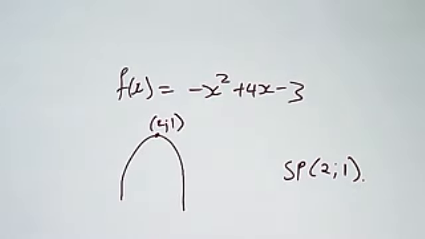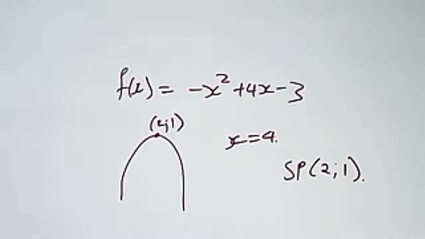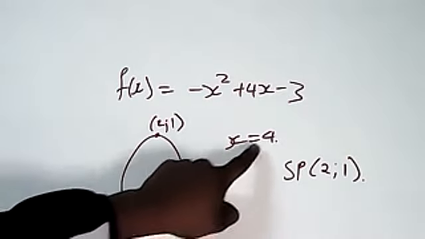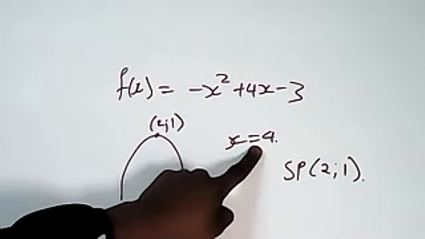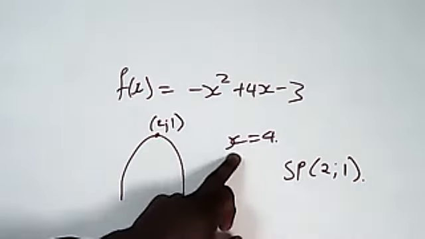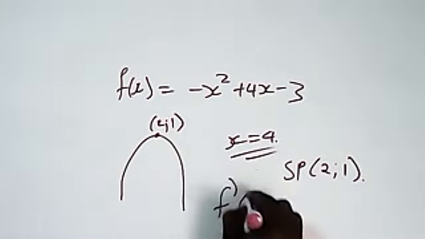And then the next question asks you, is this function increasing or decreasing at the point where x is equal to 4? Now they are being specific. Now they are asking if the graph will be increasing or decreasing at this point. So how do you approach such questions? With such questions, you must find the derivative at that particular point. If the derivative